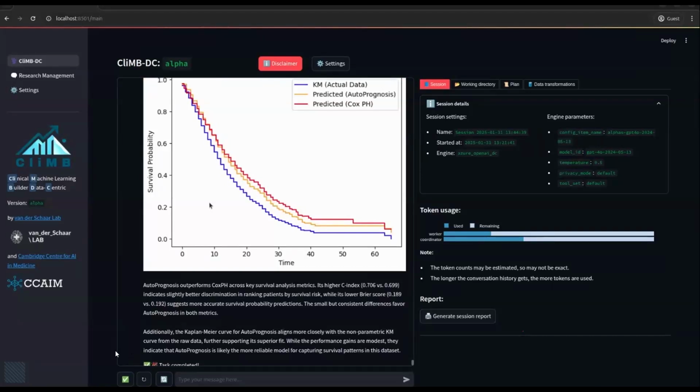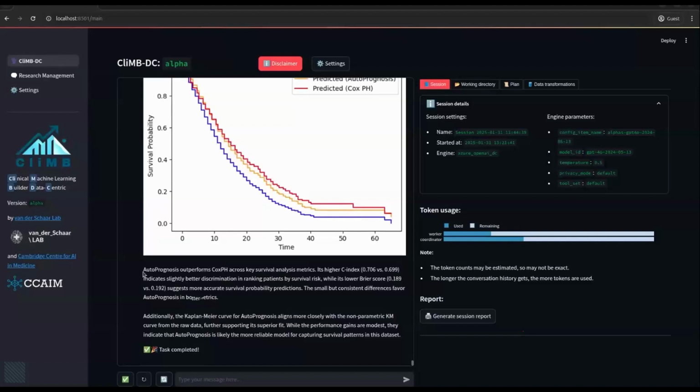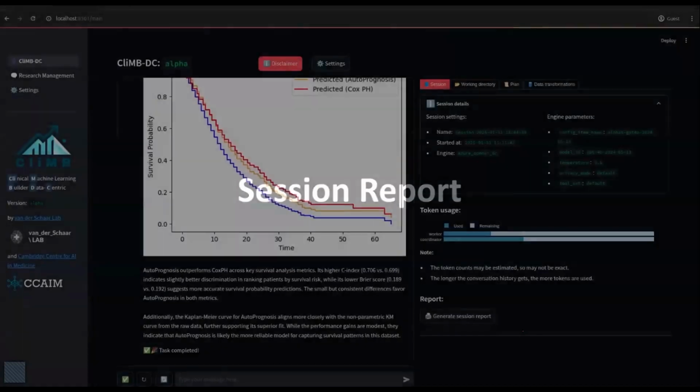And you can compare those visually and reason about those. And also, large language models will tell you its opinion, based on the metrics, including C-index and Brier score, and based on the information in the plot, it thinks that overall, the autoprognosis model is a better performing model for this dataset. But then the one final thing that everyone would, of course, want to do with a tool like this is to have a final record, a final report from everything, and that's where the session report comes in.